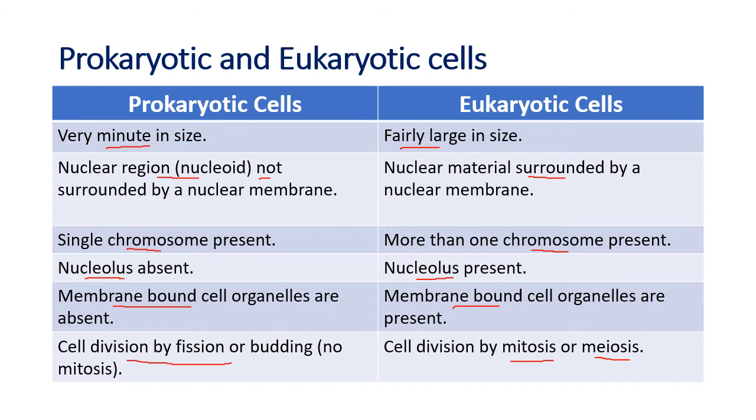So in fission, budding and mitosis, the genetic information is mostly the same in both the cells. But in meiosis, the genetic information may change because the information is divided. So these are the major differences between prokaryotic cells and eukaryotic cells. Again, what are prokaryotic cells? The cells which do not have a well-developed nucleus are called prokaryotic cells. They are primitive in nature. While the cells with a well-developed nucleus are called eukaryotic cells. So here the cells are classified based on the nucleus.